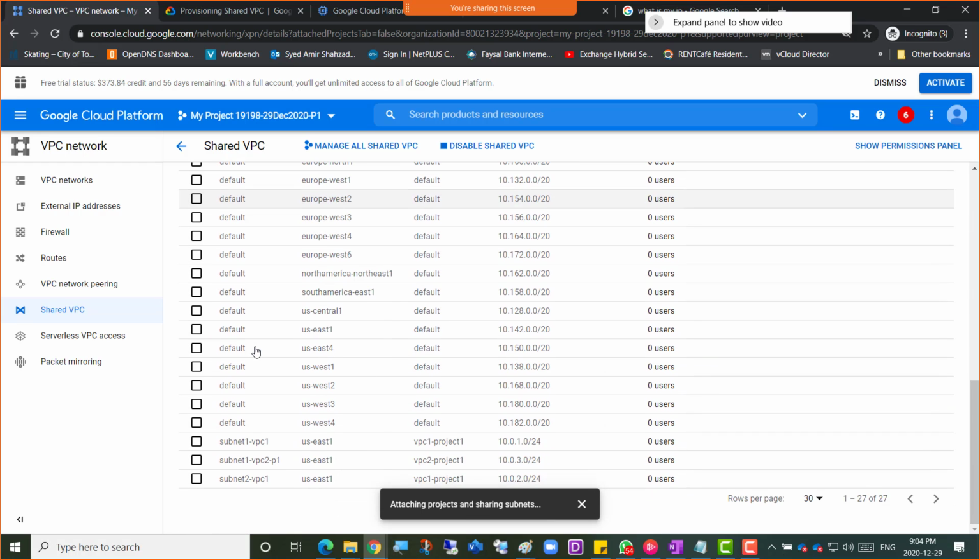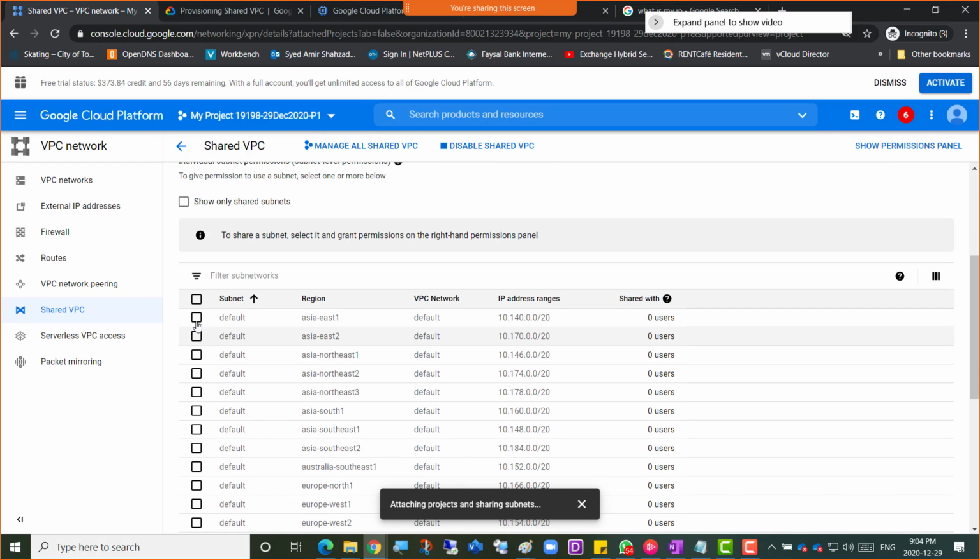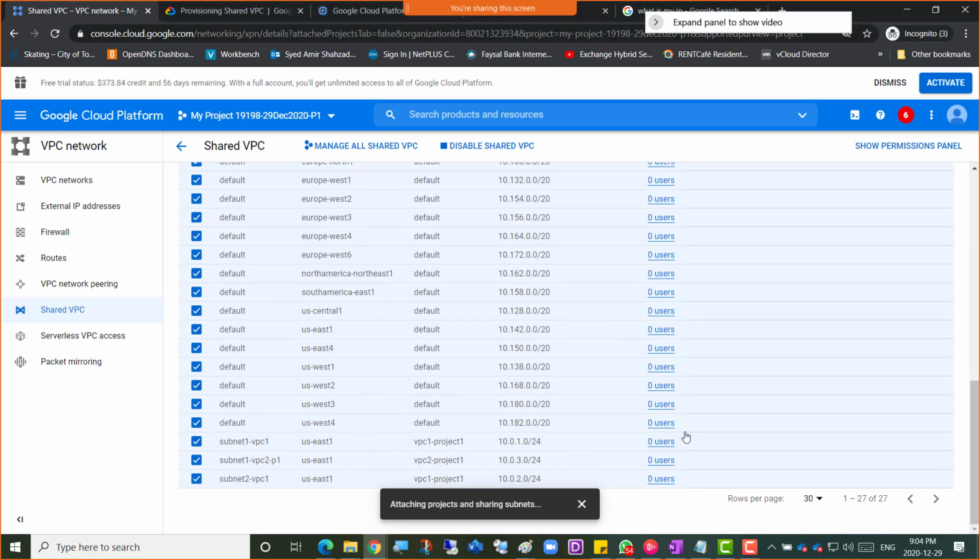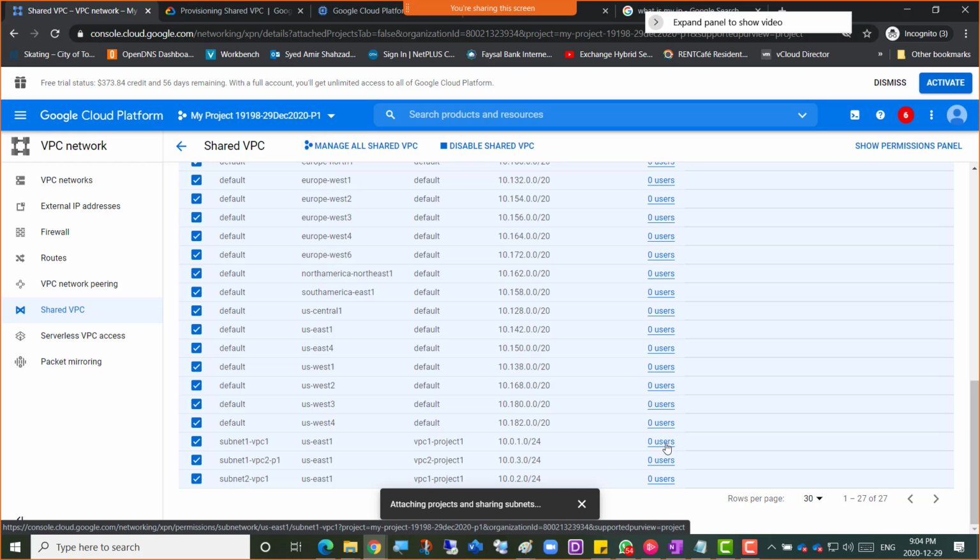So I'm just gonna go down here and check for this. Although I did try to connect all the projects there. Suppose I do still select all the projects, so you can see that the users option is selectable here. So I will still go to the last one, subnet 1 VPC 1. There's no user selected here. I'm going to click add users,